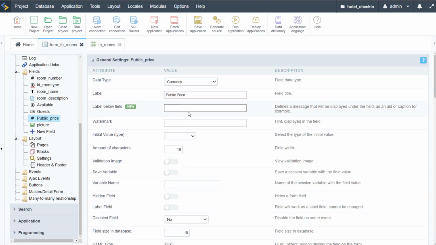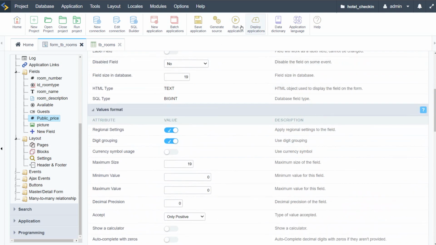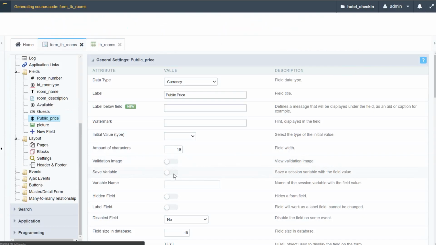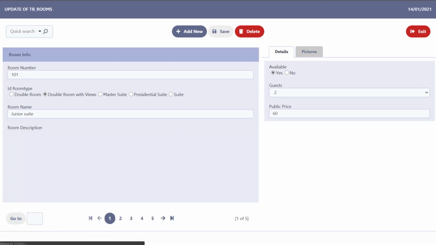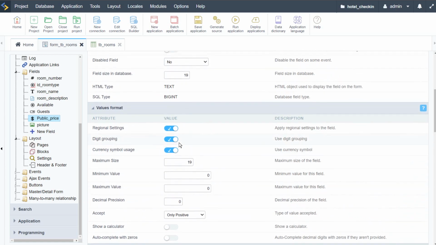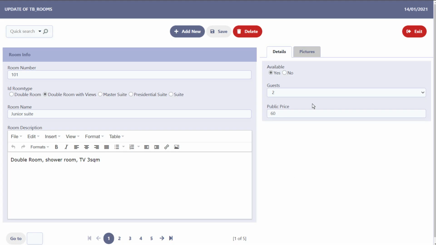So depending on how you're using your project, I'll change it here to a currency field, and then we can show a calculator if we wanted to. I don't think there's any need, and we have there the option to display the currency symbol, which is exactly what I wanted. So display currency symbol, run that again, and we then have next to the public price